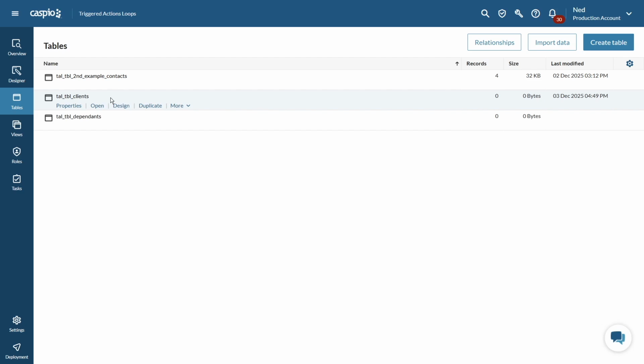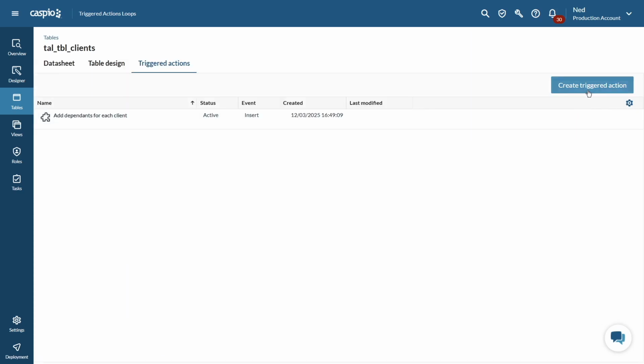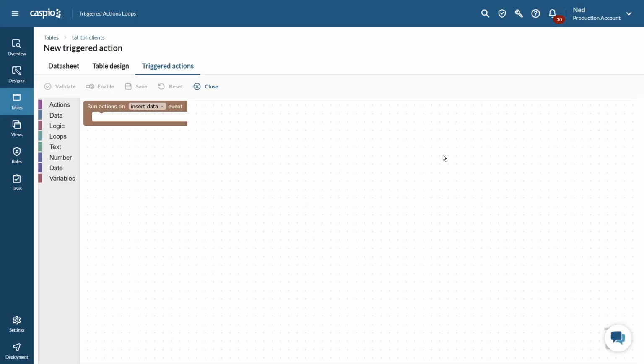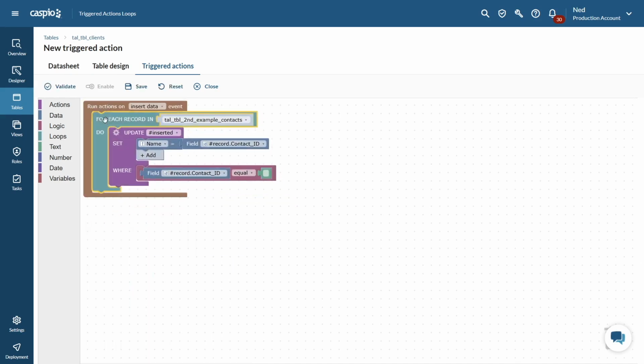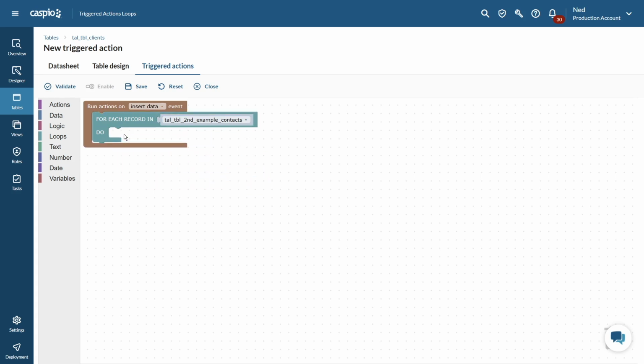To do that, we're going to have to go to our clients table and click on more in triggered actions. Let's create our triggered action. And what we want is to run the action on insert of data. Go down to loops and choose for each record. Snap that in place. We don't need the update. We can remove that. For each record inside the inserted table, where the data is being inserted into, which is a client's table,